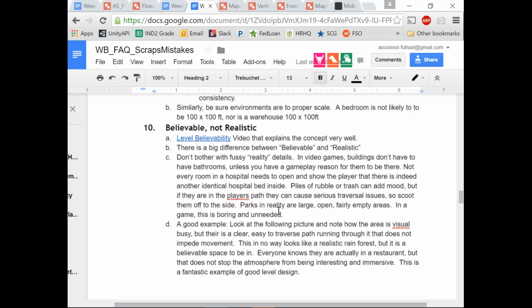Another thing to think about with realistic is that most of the time things in regular life are boring and ordinary, right? Like the desks, I made the example last class, I'm pretty sure, where everything is completely lined up perfectly. If you go into a room, you'll see bookshelves against the wall, very organized, and it's made that way because it's supposed to be easy and convenient. But we're not making it easy and convenient for players. We want it to be challenging and exciting. So things are knocked over, things are turned and adjusted, and it's crazy and chaotic rather than rigid, just like